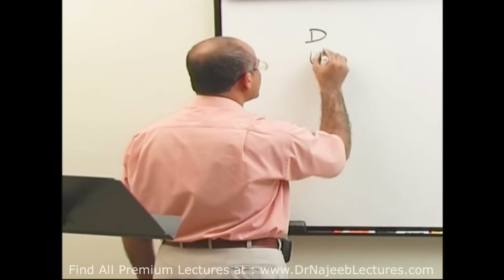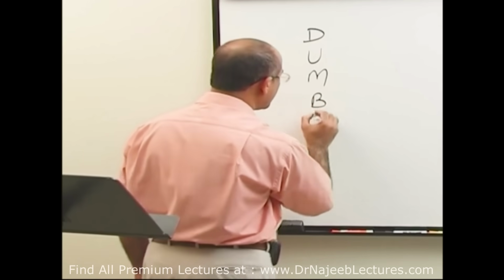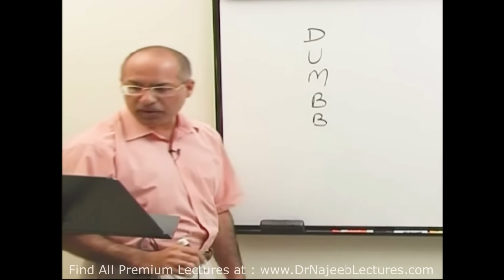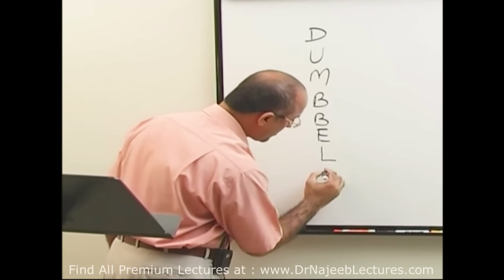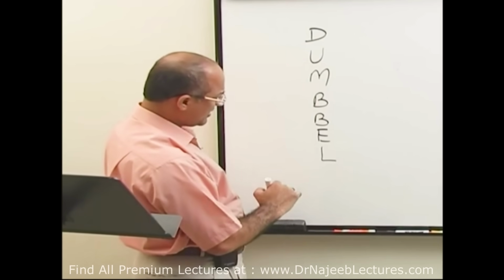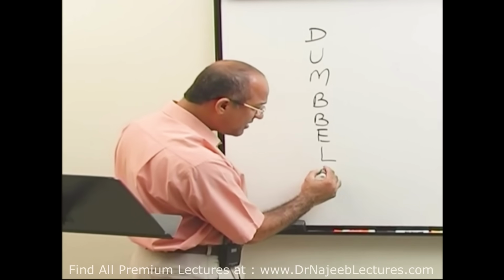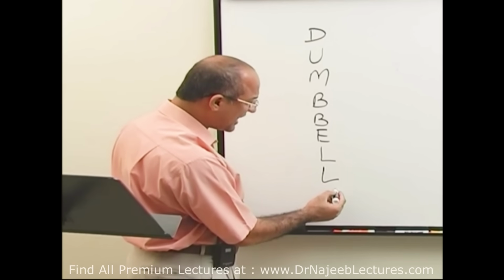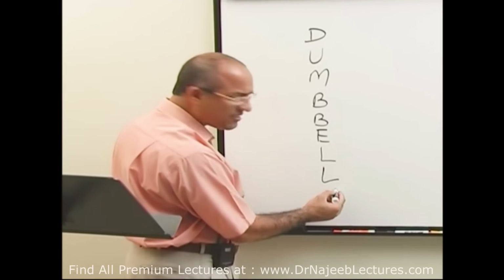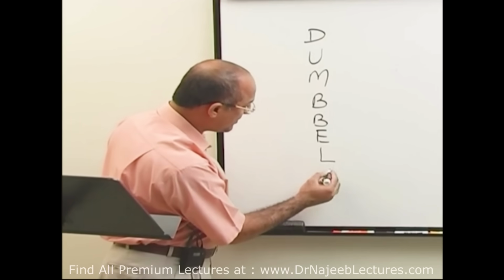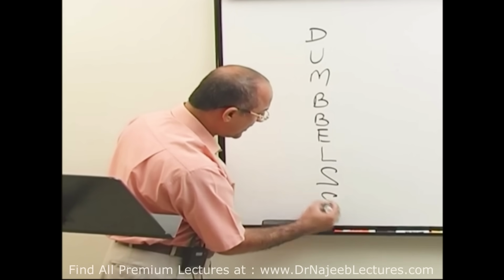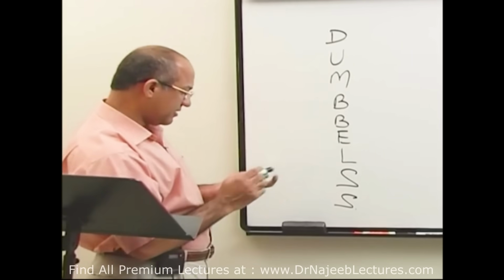Do you know DUMBBELS? What are the spellings of DUMBBELS? Yes. L, then again another L. Wow, it's too much L. And how many S? 2 S's. 2 S? Then L should be 1, my friend. I don't know why you are interested in 2 S. L. 2 S, okay.